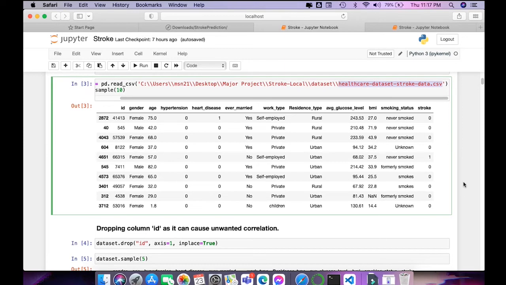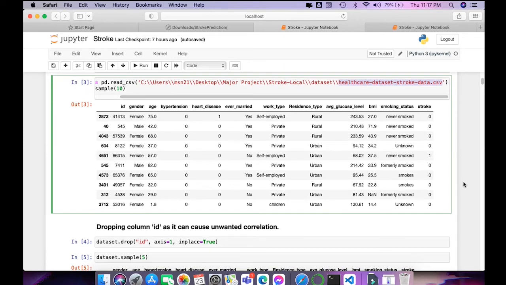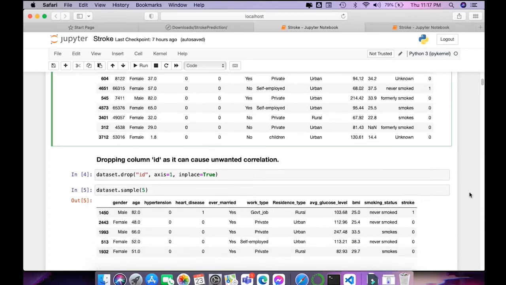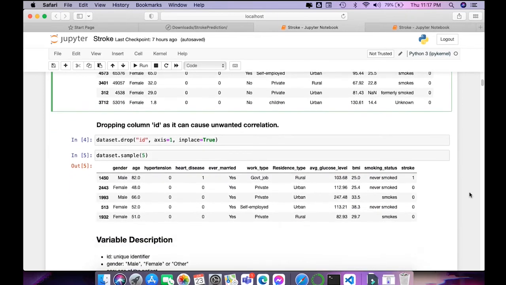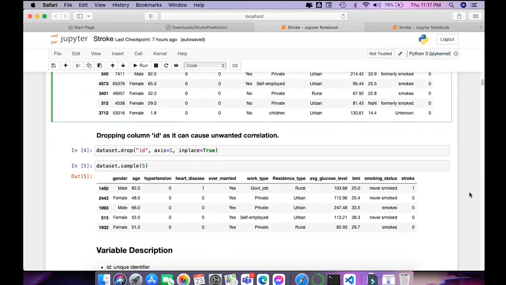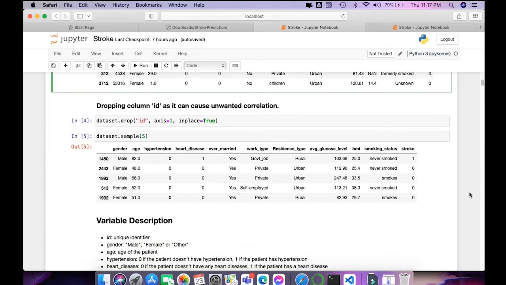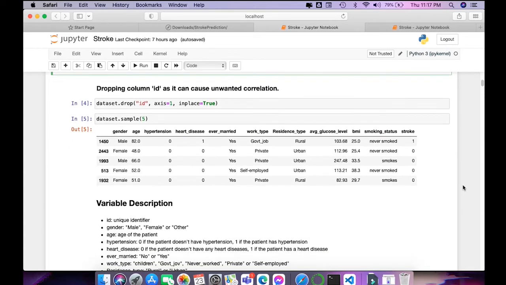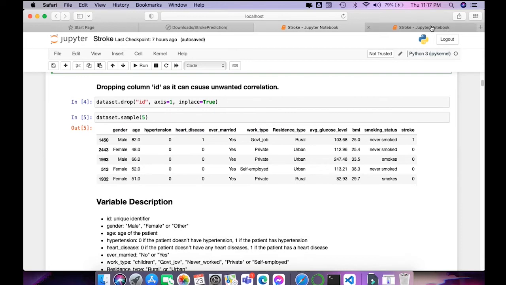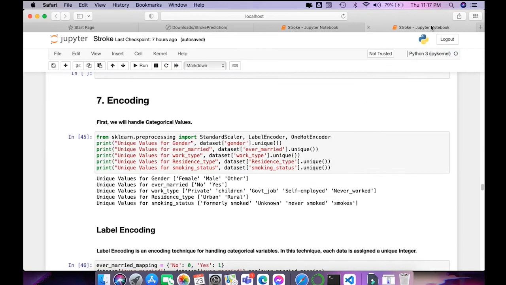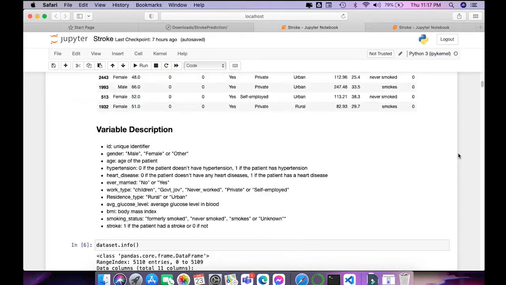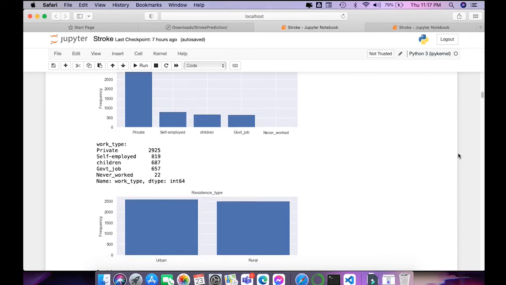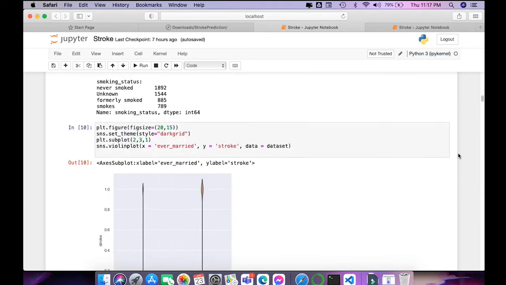After loading the dataset, we are going to drop some columns that are not necessary for our stroke prediction, like the ID. And after that, we are just going to prepare our data for the data analysis, like showing the different possible graphs of the data. Can you show some of our graphs, like this one? So moving on,